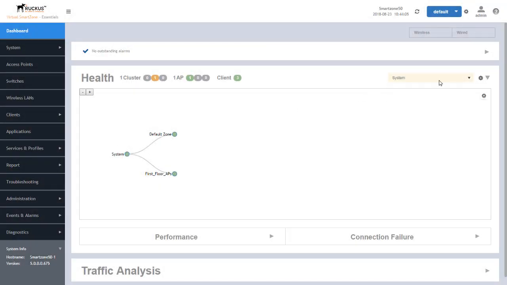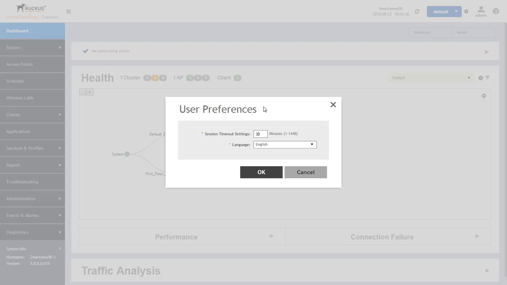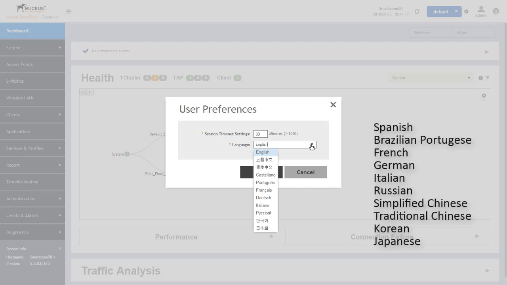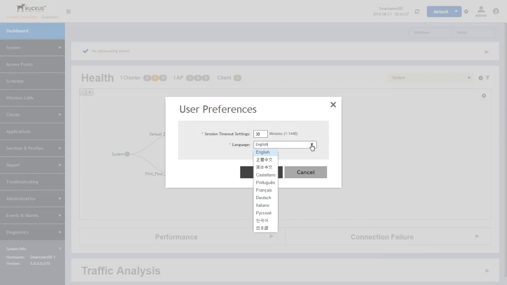In the SmartZoneOS 5 release, there are additional languages that are supported in the GUI. You can go to the preferences here and then select the language you prefer to see displayed. In addition to the English version, there's Spanish, Brazilian Portuguese, French, German, Italian, Russian, simplified and traditional Chinese, Korean, and Japanese. All of these can be selected, and tabs and other information within the GUI will be displayed in that